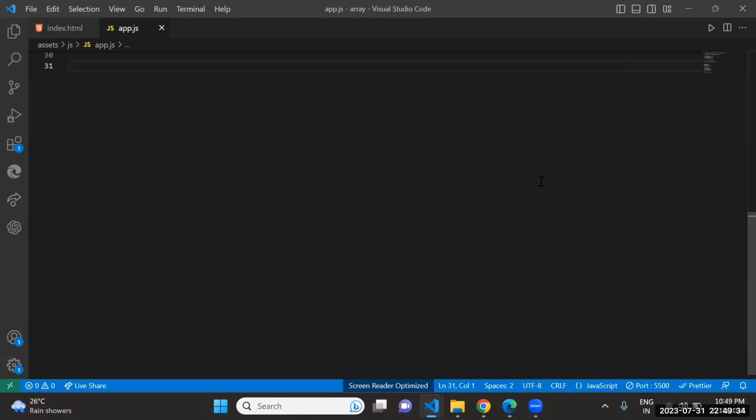I think we use the app dash prefix in that, like app dot something like that. Yes, sir. App selector. Then template URL, then style URL. With the help of @Component selector, we can use it in the template HTML file, like the URL file and TS file, sir. We can use it in this file, sir. App selector. Okay. What is the use of the main.ts file?